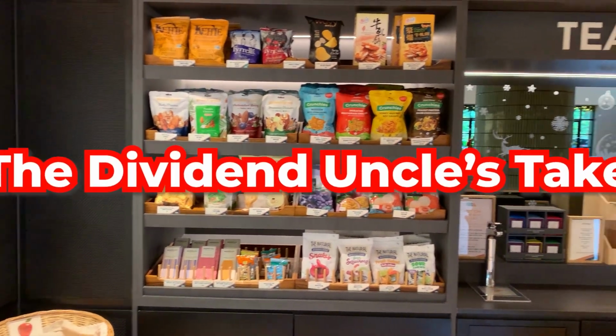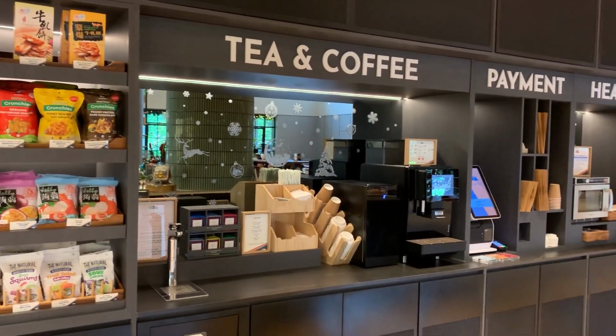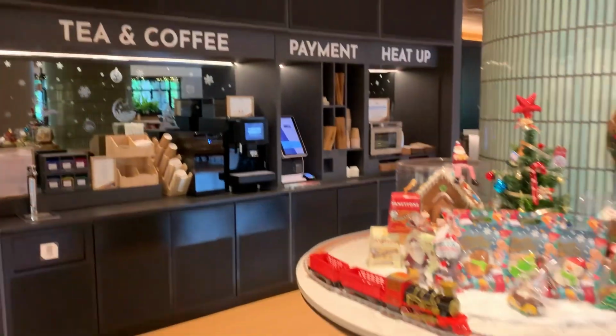The Dividend Uncle's take. Despite these risks, I see CapitaLand Ascott Trust as a compelling investment for several reasons. The sustained recovery in tourism, combined with the trust's proactive portfolio management, creates a strong foundation for future growth. The high dividend yield and attractive valuation further enhance the appeal. While market volatility and economic uncertainties are concerns, the long-term potential and strategic positioning of CapitaLand Ascott Trust make it